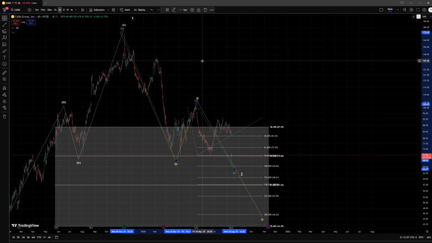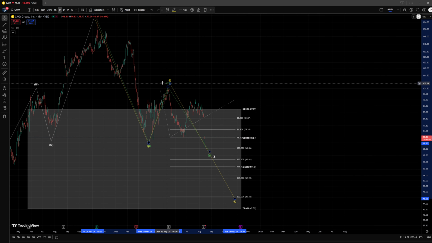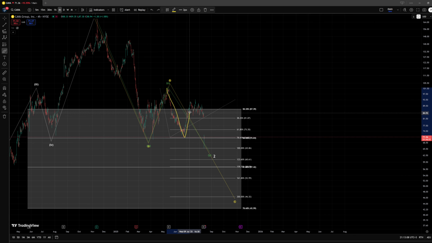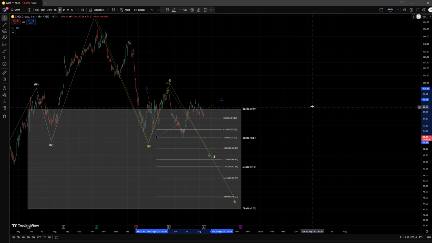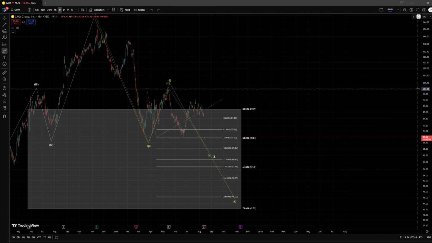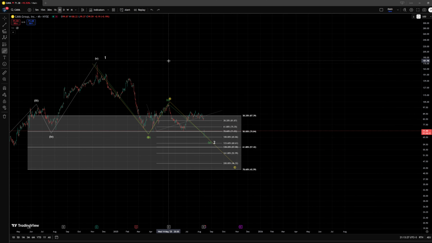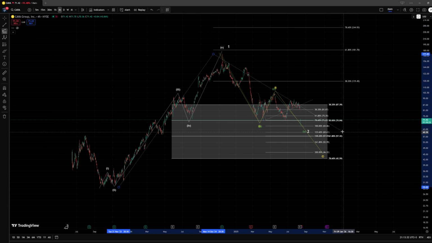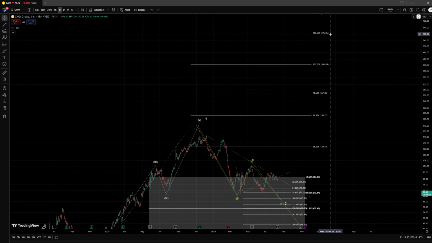I just want to stress that even if it's the WXY where the correction is complete, even if it's the ABC where we still are heading much lower in the correction, where we only completed actually a wave 1 up, a wave 1 down, a wave 2 up, and then we are now in the third wave down, we are still in the large time frame support zone. And let me move this away, but from $87.4 down to $42.6, we still expect a strong reversal to the upside. And if the correction completed now, we would expect a target for the third wave to the upside up to around